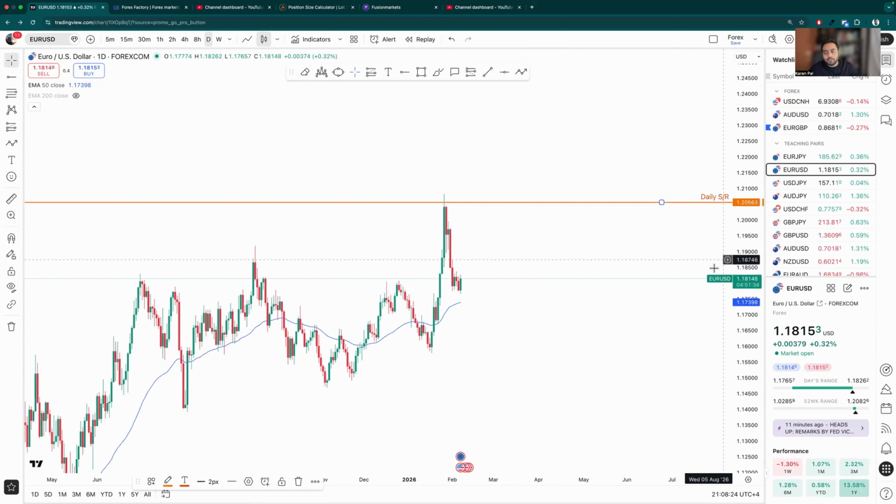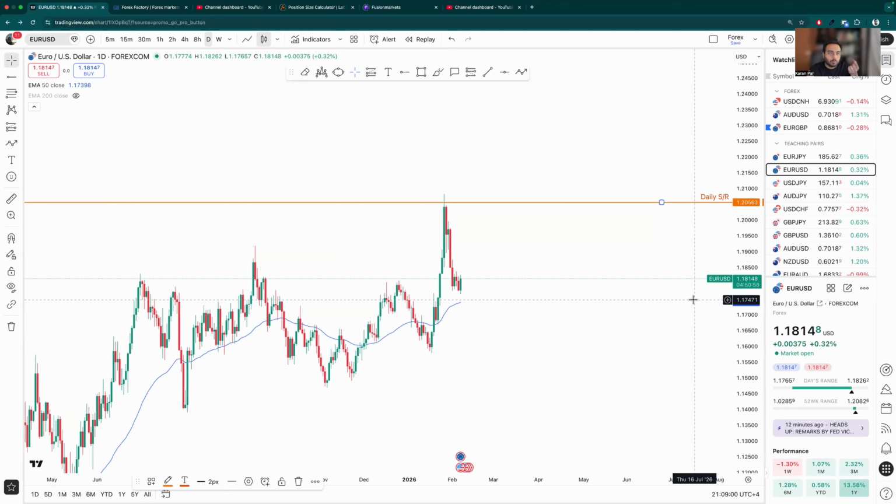Make sure you always mark your lines. It's very important that you have names for these lines, because let's say you're looking down on the 1 hour time frame and you have a support or resistance on a 4 hour time frame, and you're looking for a close above the line. So how would you know which kind of support resistance line this is? What kind of time frame are you looking to close on? If you have a 4 hour support resistance, that means the candle needs to close on the 4 hour time frame. If it closes on the 1 hour time frame just above the line, that means it could be a wick for the 4 hour time frame.